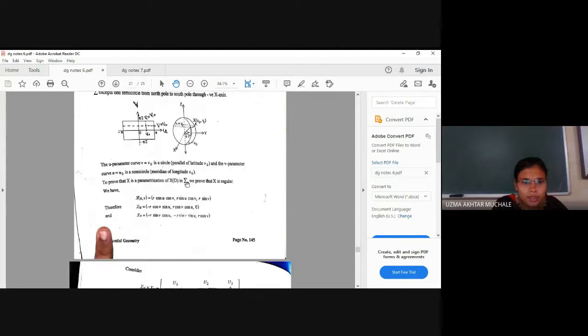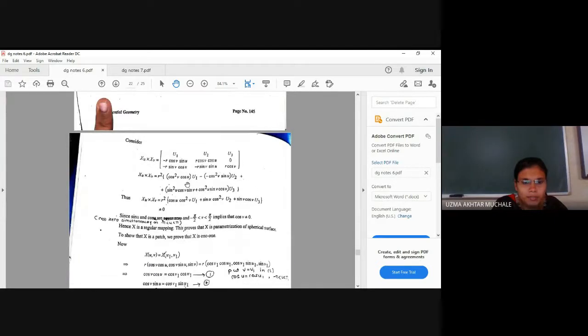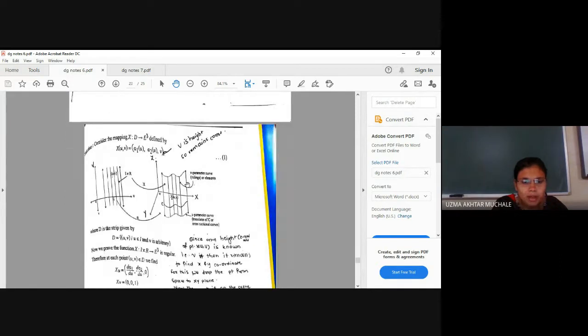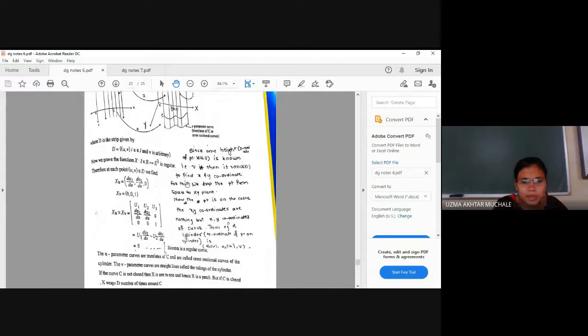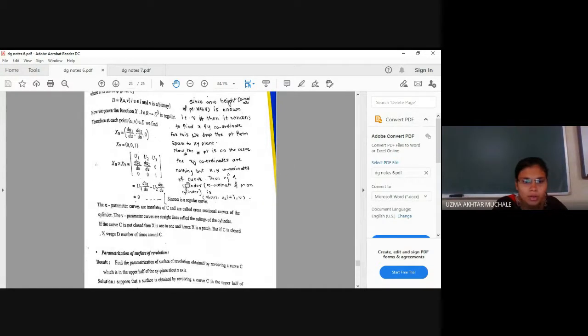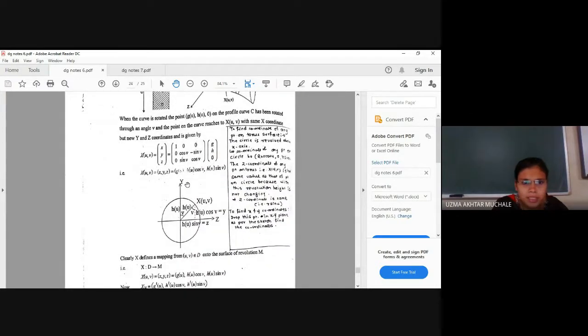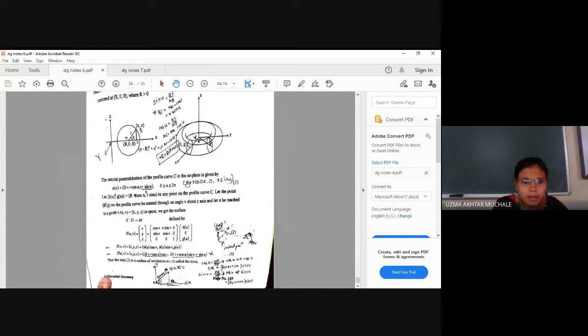In the next lecture we will go with the geographical patch. Before going to geographical patch, आपको ग्लोब पता होना चाहिए, नक्शा कैसे है, आपका स्कूल में ज्योग्राफी के लेक्चर को रिमाइंड करो so that you can have a clear idea about this. So much is not remaining in our syllabus. We have some small examples and the definition of shape operator. After the definition of shape operator, we have only two formulas, that is Gaussian curvature and mean curvature. With the help of that, we will complete our syllabus.